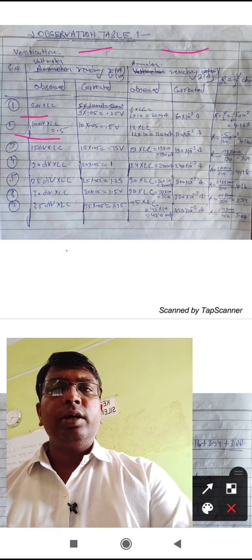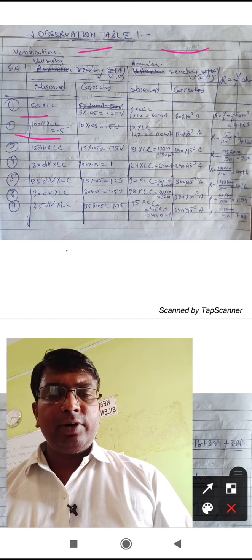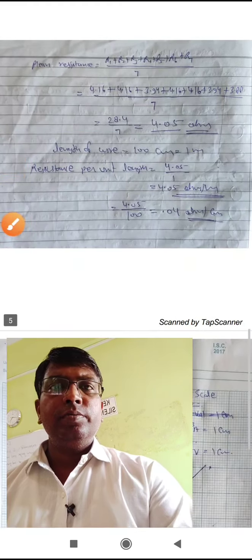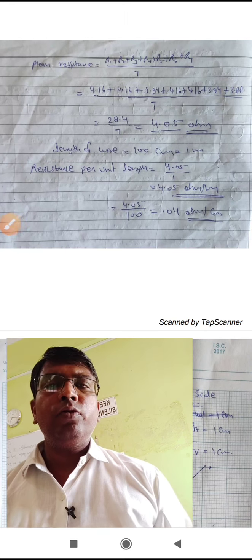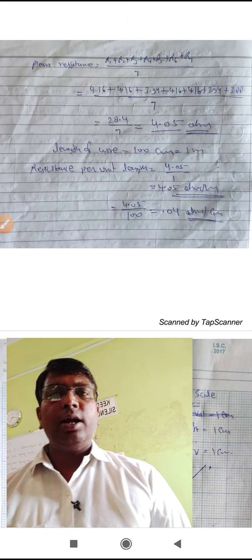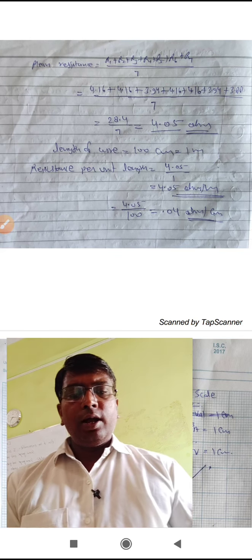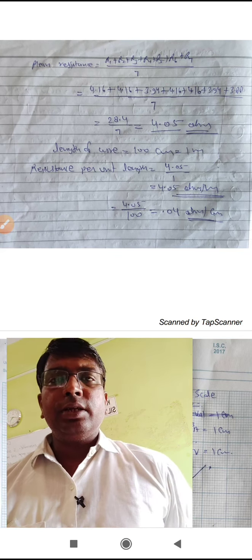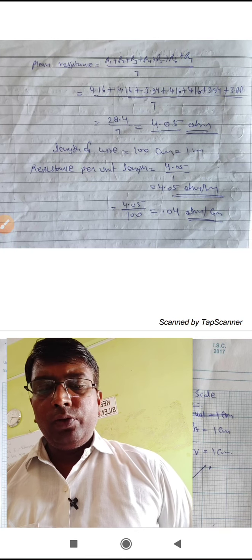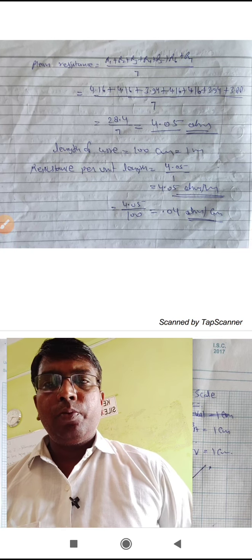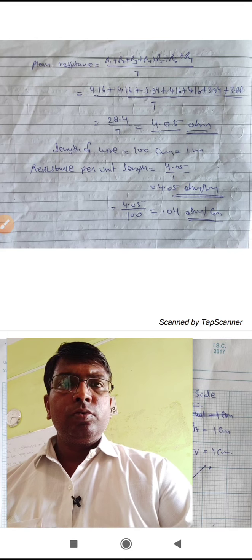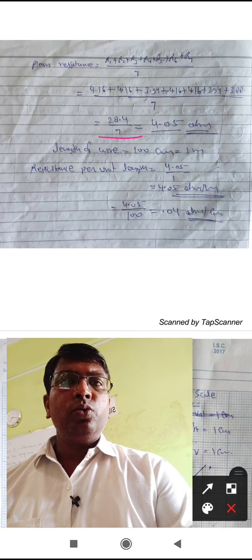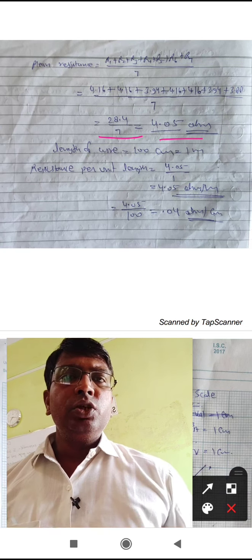So we can calculate many values, and after that calculate the mean resistance. Here the mean resistance is the value of the resistances R1, R2, R3, R4, R5, R6 and R7 in different observations. Now we calculate the mean value, that is 28.4 divided by 7. So that is equal to 4.05 ohm.